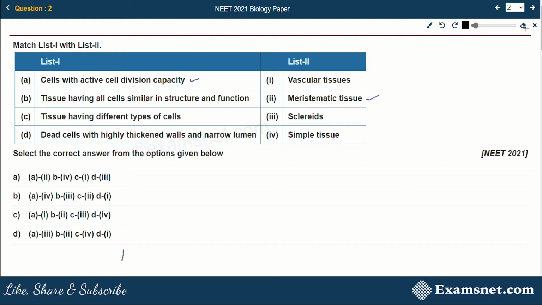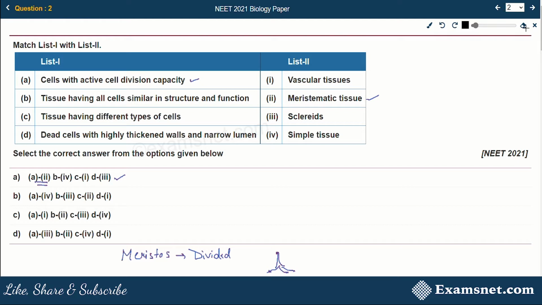Okay, what are meristems? See, the word meristem is basically derived from a Greek word meristos, which means divided. So these cells are able to divide rapidly and therefore they are found at the tips of shoots and roots because these regions need to grow continuously. Okay, so here you can see the first option is the only one where it is shown that 2 is the correct match for A. So you can easily mark the correct answer here. But we'll discuss other statements as well.